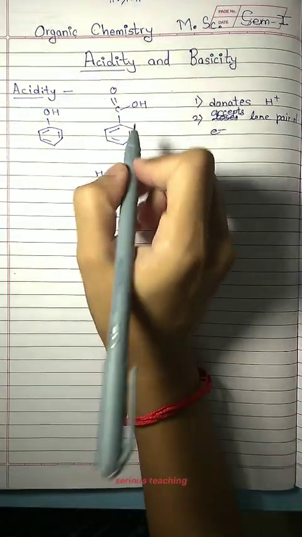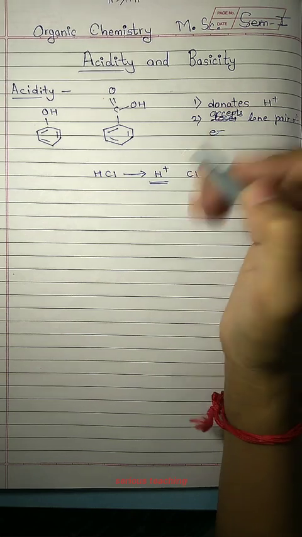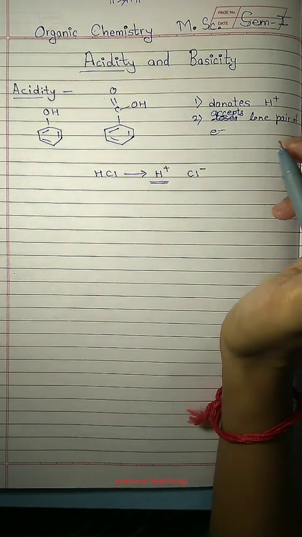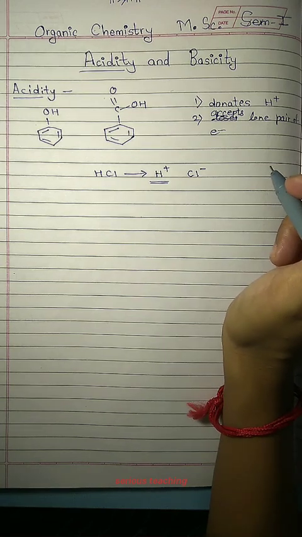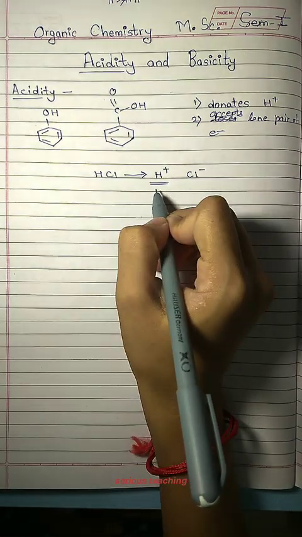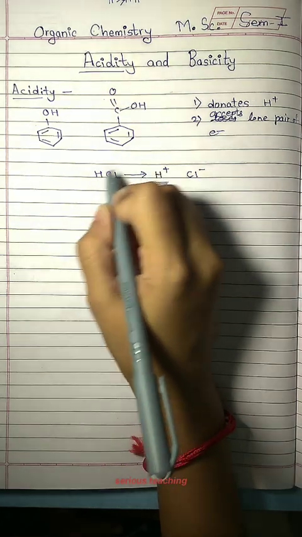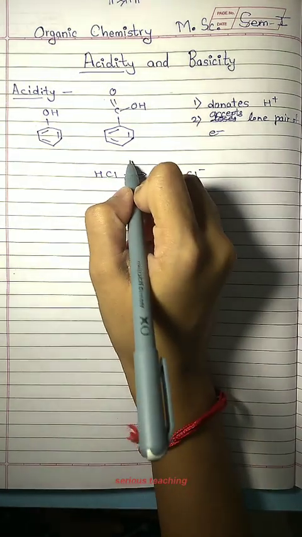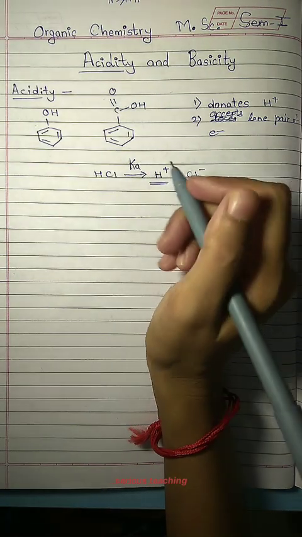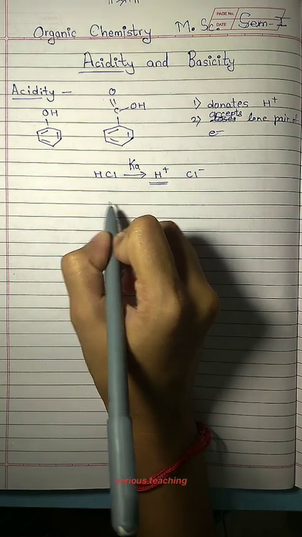So we have to compare acidity, which means in this concept we will have to solve questions depending on the comparison of acidity first. Second, we will have to compare pKa values. So what is pKa? If this is acid, it decomposes into H plus and Cl minus. So this is a reaction whose rate constant will be Ka. This is also called the dissociation constant of acid. So negative log of Ka is called the pKa value.